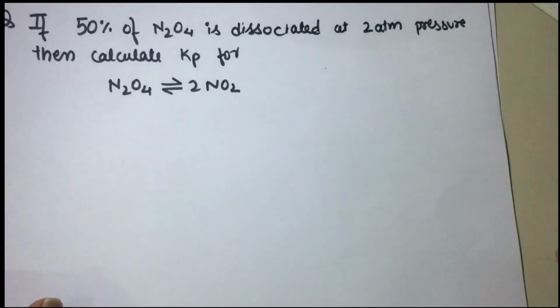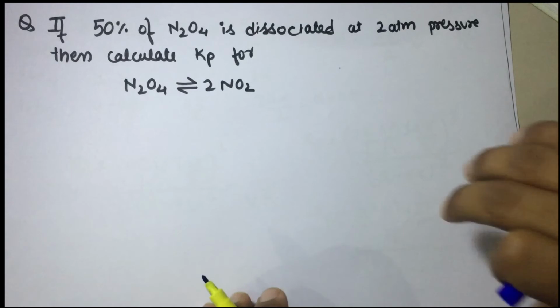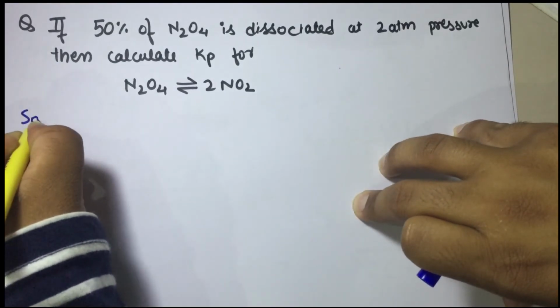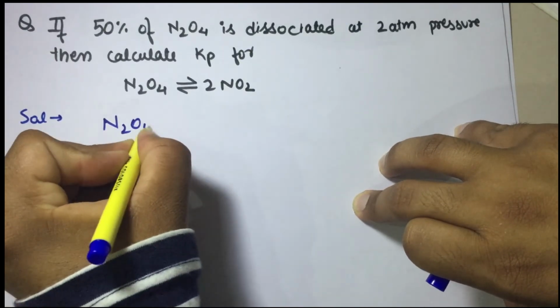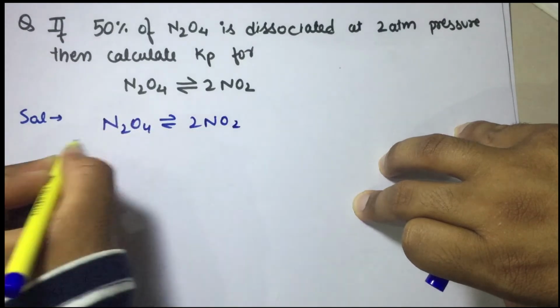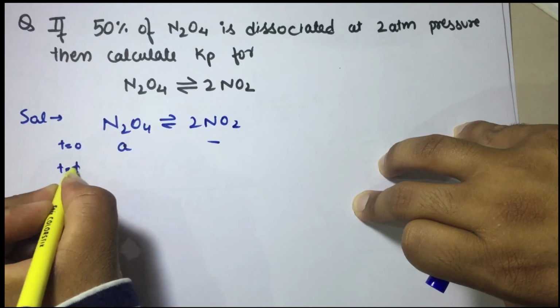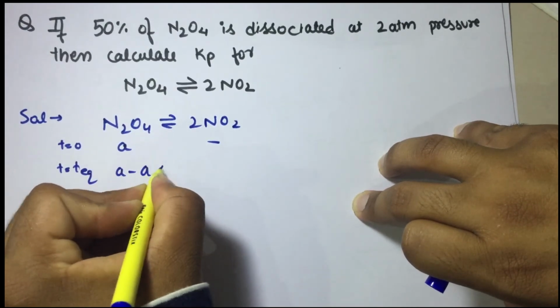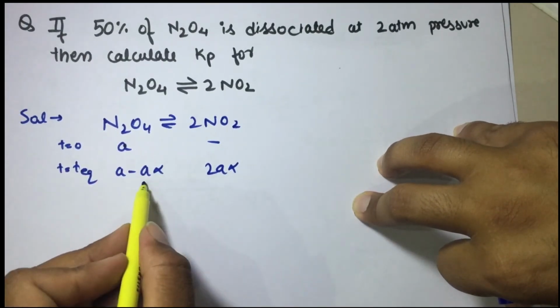हाँ, देखो फर्स्ट क्वेश्चन क्या है. If 50% of N2O4 is dissociated at 2 atm pressure, then calculate Kp for this reaction. देखो कैसे करना है, बहुत ही सिंपल सा तरीका है इसका. मैंने आपको बताया कि जब भी ये क्वेश्चन आएंगे तो अपने को इक्वेशन वापस से लिखनी है ना. तो क्या होगा, N2O4 gives 2NO2, at t equal to 0, it is A mole, and at t equal to t equilibrium, it will become A minus A alpha and 2A alpha, है ना. जो भी यहाँ पे रहेगा आपको सिंपली उसको मल्टीप्लाई कर दो, A minus A alpha, 2A alpha.